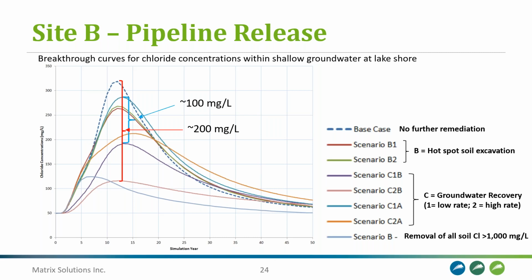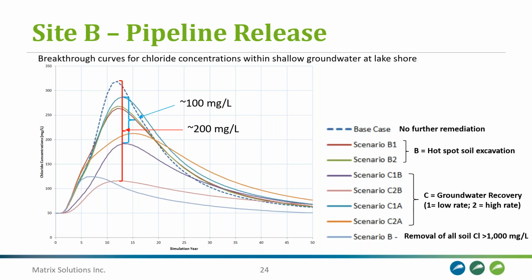So you can use the remediation scenario simulation to generate a cost-benefit analysis, which illustrates the relative decrease in chloride concentrations at receptors given the remediation scenario that you're simulating. You can also go ahead and incorporate site-specific dollar values into this type of analysis to show the balance between contaminant concentrations and the economic and environmental costs to remediate, as previous presentations in this session also discussed. So this type of cost-benefit analysis can help in remediation system decision-making and can also be used to support discussions regarding remediation strategies with regulators and stakeholders.